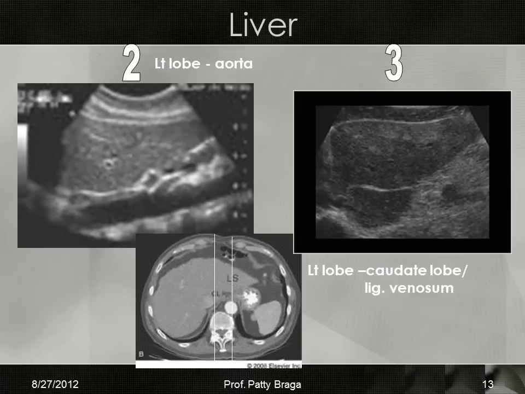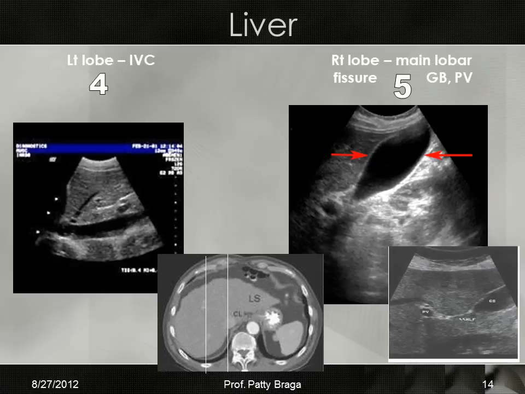Again, when we are scanning and we're talking about structures, it's organ specific. The left lobe of the liver will extend into the right side of a patient's body, or the right side of the midline. Image 4 showing you the left lobe of the liver with the IVC, which is that large